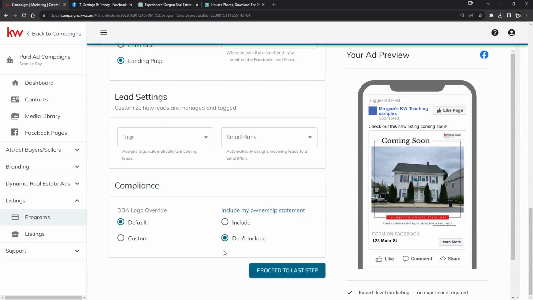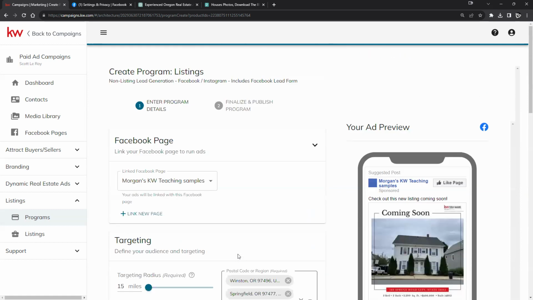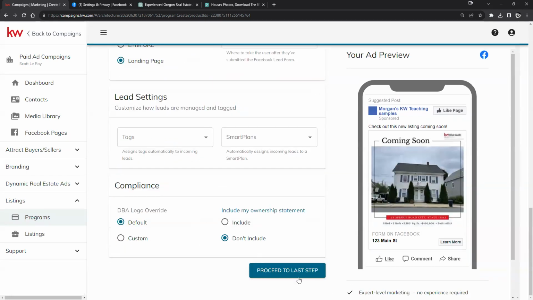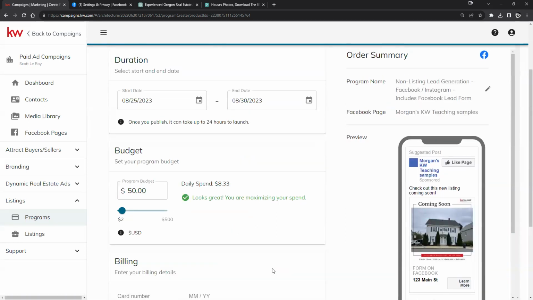So next, we're going to go to our last step. And if I scroll all the way up here, there's only 2 pages when it comes to creating ads. Scrolling down here, next is going to be basically your payment method. So when we proceed to the last step right here,